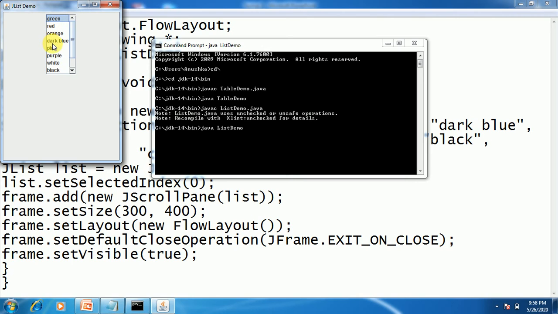Then we have added red, orange, dark blue, pink, purple, white, black. As we have added this list to the scroll pane, the vertical scroll bar is automatically added so as to see the further color names which are added to the list. So this is the working of a list demo.